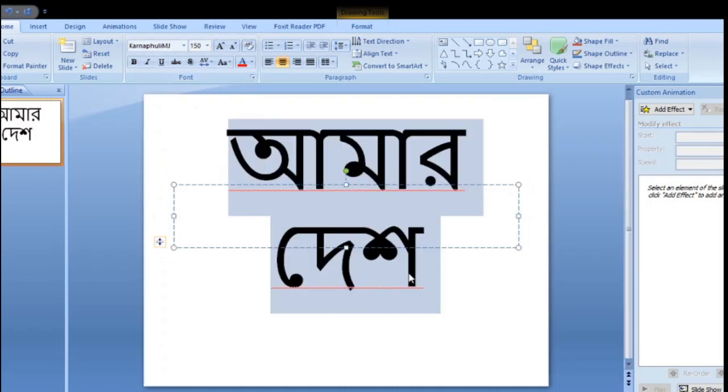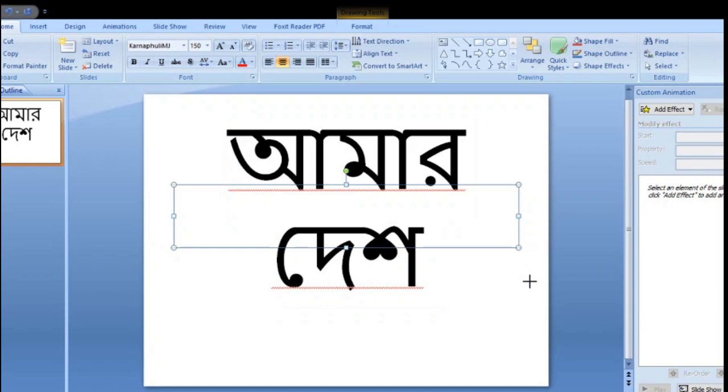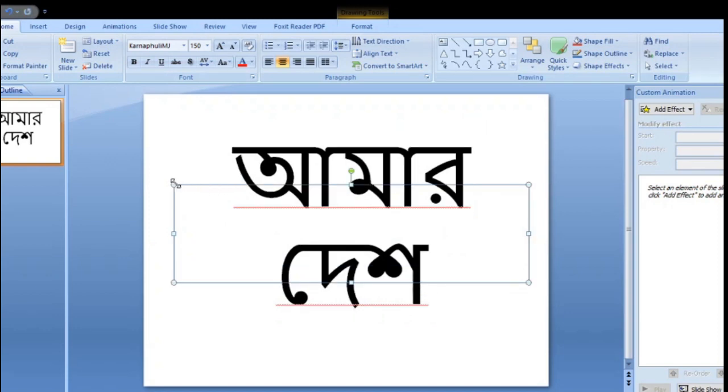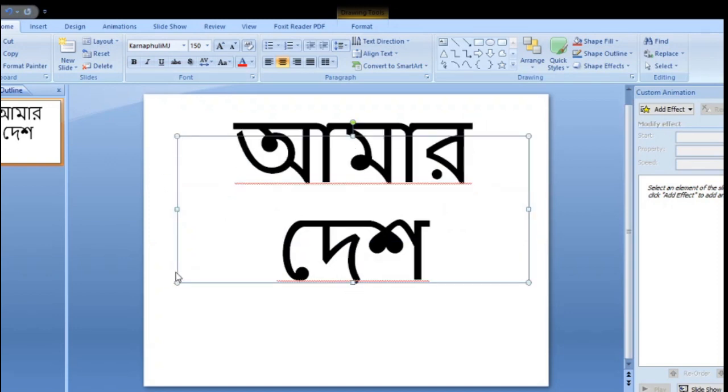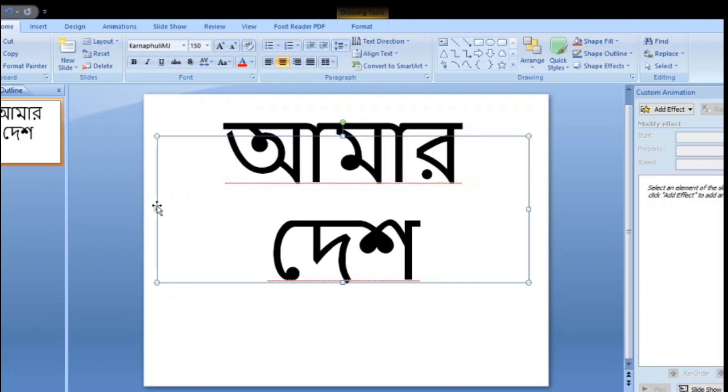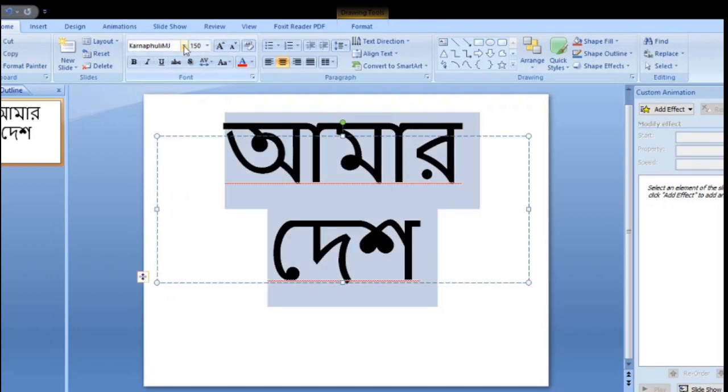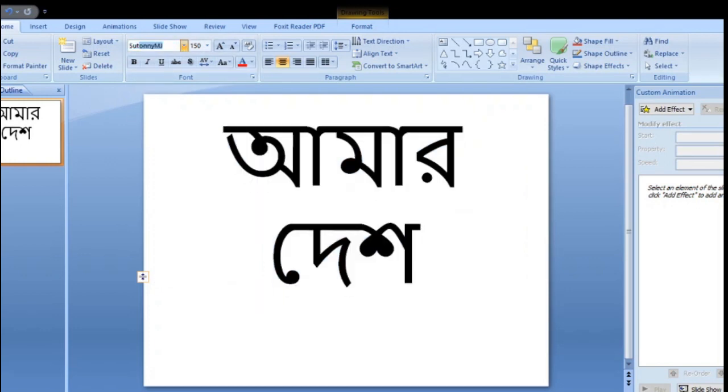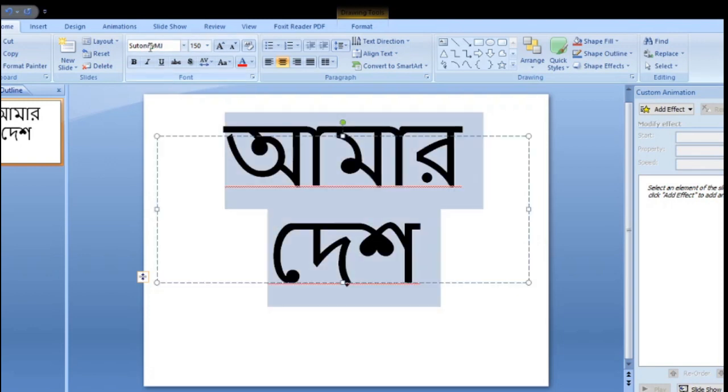Enter. The text size is too long, so I shall resize my text area for this text. I confirm my font is Sutoni MJ.